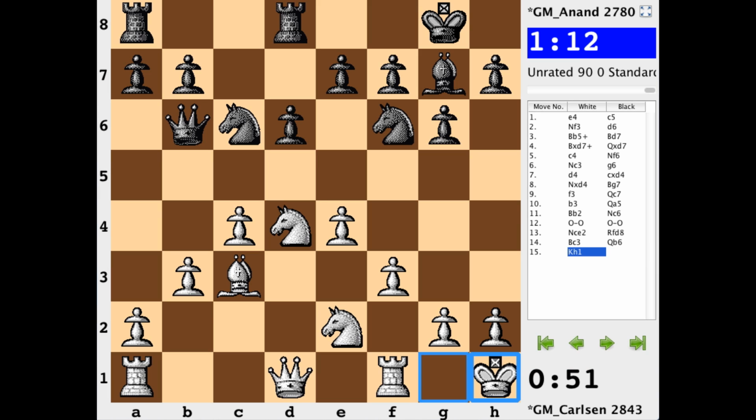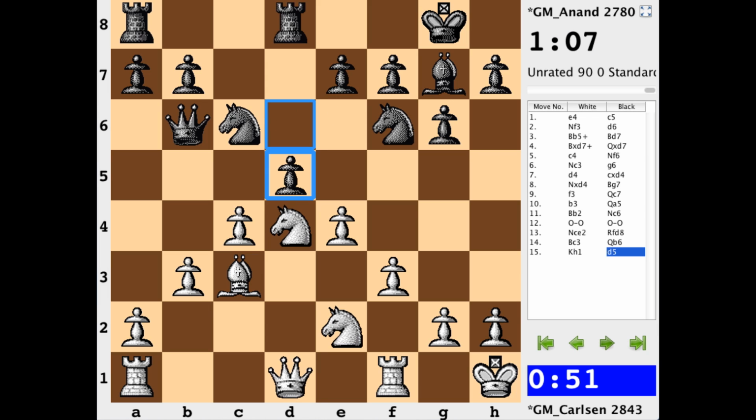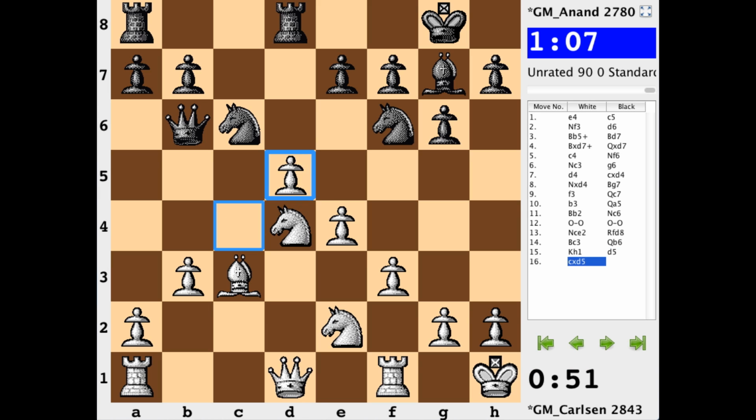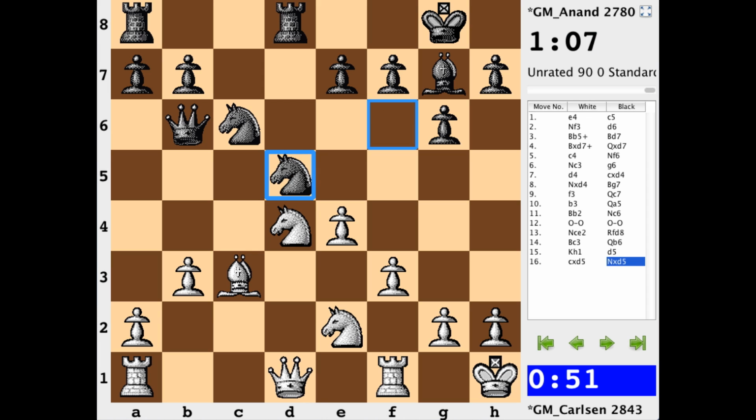I thought if d5 was going to be played, you have to kind of prep that first with e6 and then do d5. But it's available. This d5 move is available tactically. If white is to capture with either pawn, let's just say the c pawn, there is knight takes d5,